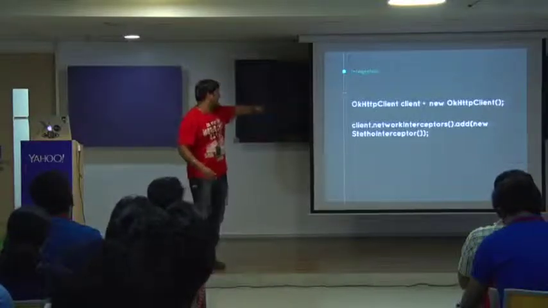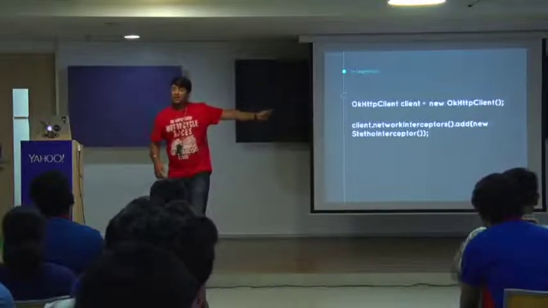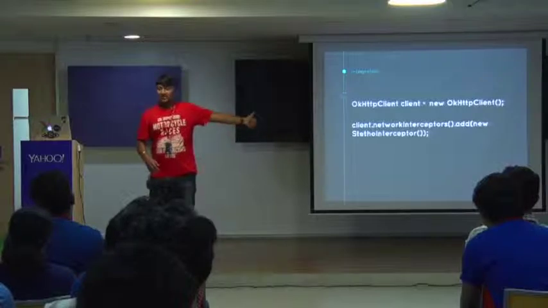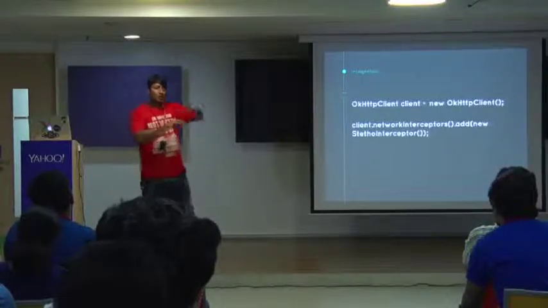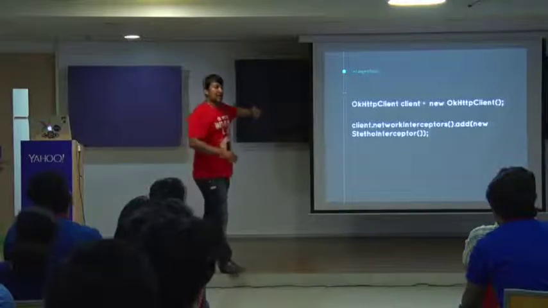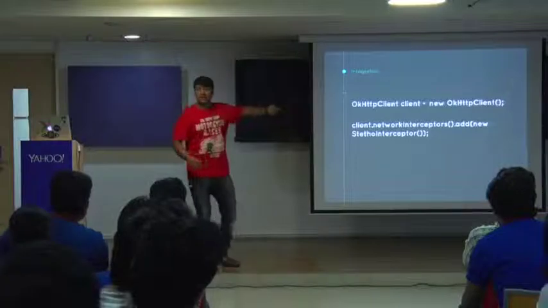That's it. If you are already using an OkHttp client for your Volley or Retrofit, which you should, all you need to do is add just that last line, where you add a new network interceptor on OkHttp, which is Stato, and that's it. And all your code will work. If you are not doing it already, add an OkHttp dependency and just add these 2 lines, and it will work. Let's see how.